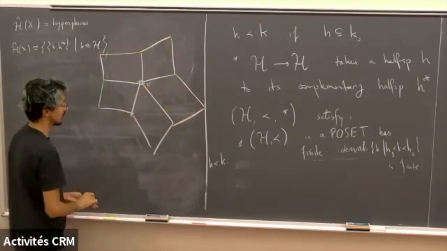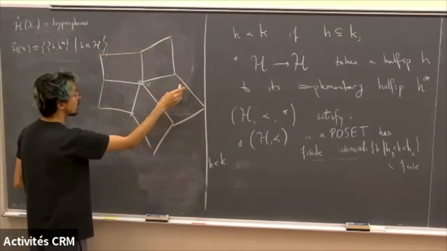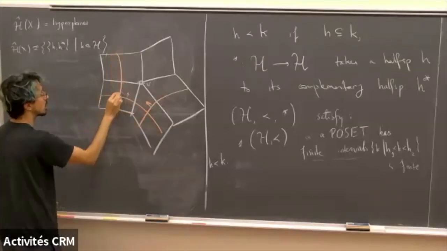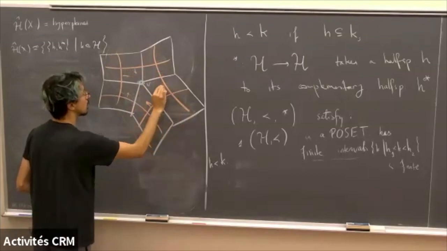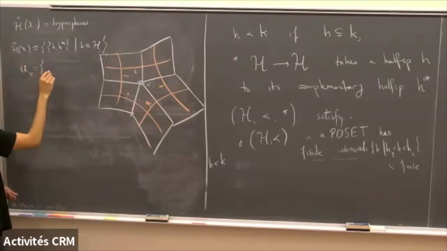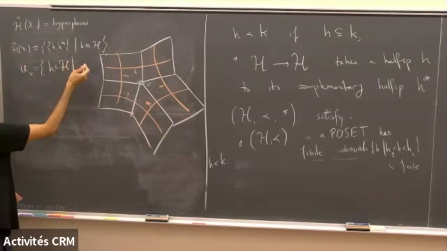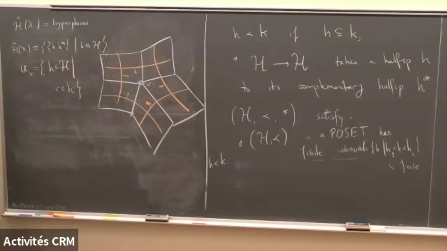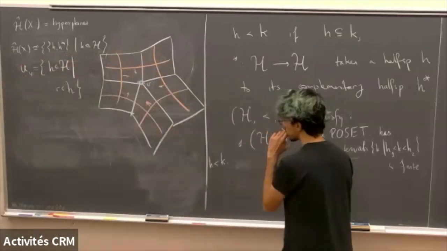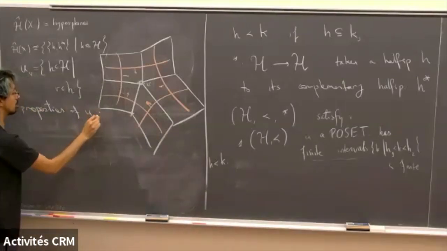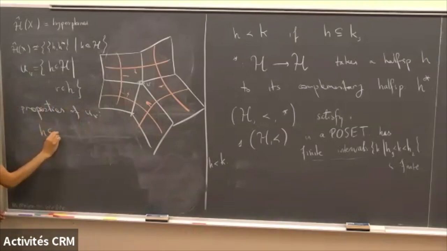Vertex, V. To pinpoint a vertex, I can think of the set of all half spaces that contain this vertex. Let's call it U of V. This will be the collection of all half spaces such that V is in the half space. Great. So what are the properties that this set has? If I have a half space in U of V